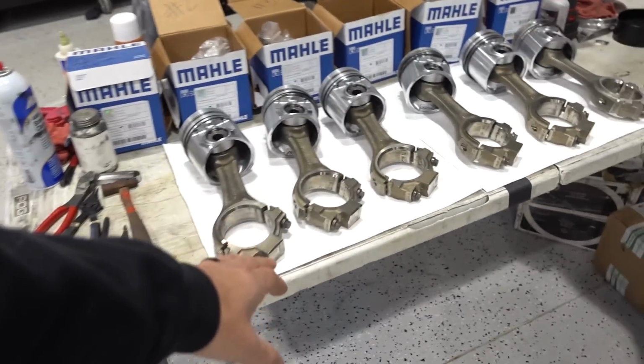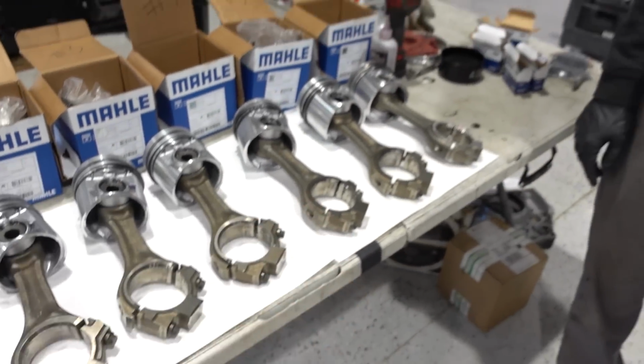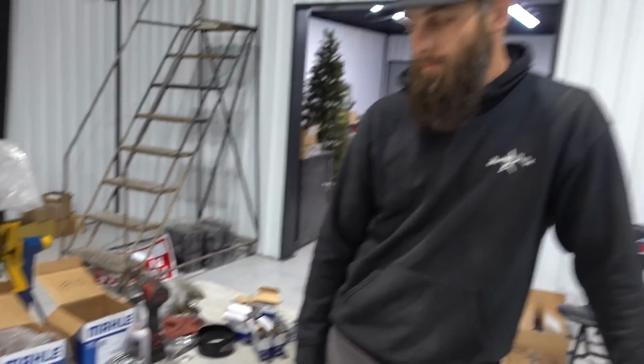Yep. That's the most forgiving and the best way in our opinion to do that. If you've got some rod stuff that has to happen, you got a bunch of material down here on the rod cap that you can grind on. But the bottom line is these are really close to stock specs. Adding a little bit and well,